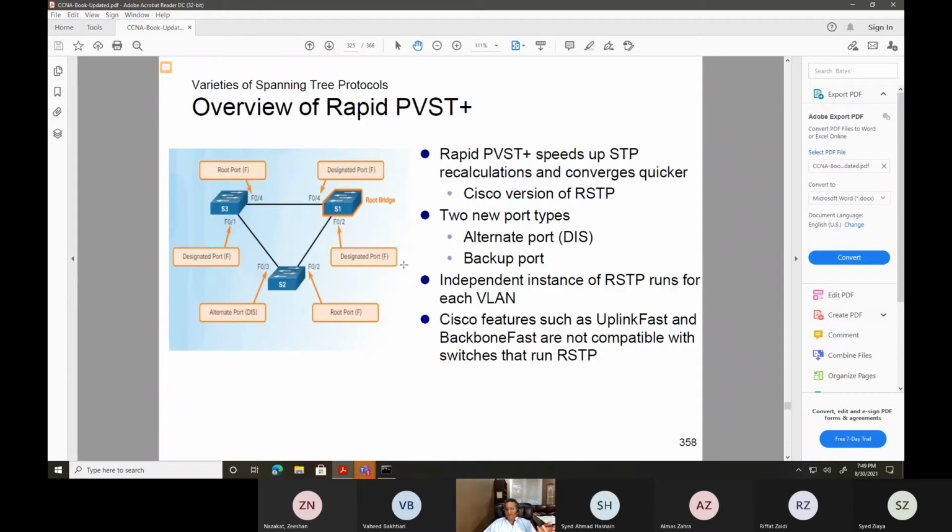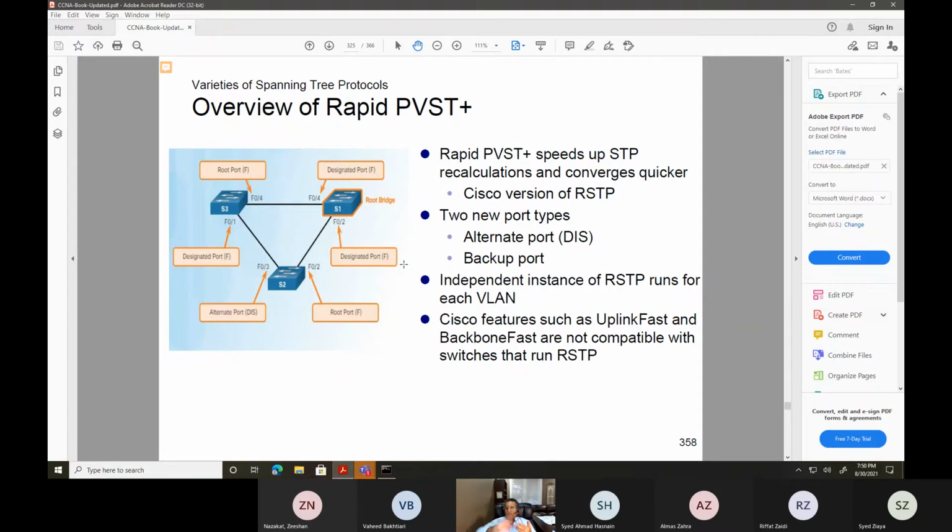So this is Rapid PVST. Rapid PVST means that you're bypassing some of the sequence. As I said earlier, from blocking, you go directly to forwarding, right? Because you're not going from blocking to listening to learning and then forwarding. So you're bypassing those two states in between.